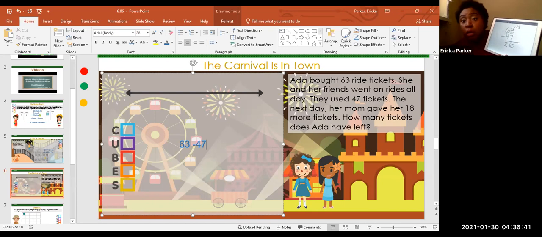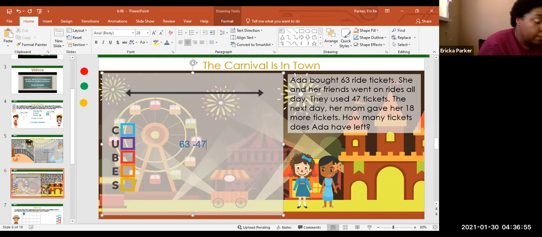No. Stop right there. If you did this, you're wrong. You're so wrong right now. Erase that. You need to make sure that you take that 10 away. So 5 minus 4 equals what? 16. Okay. So we know that after she left that carnival,